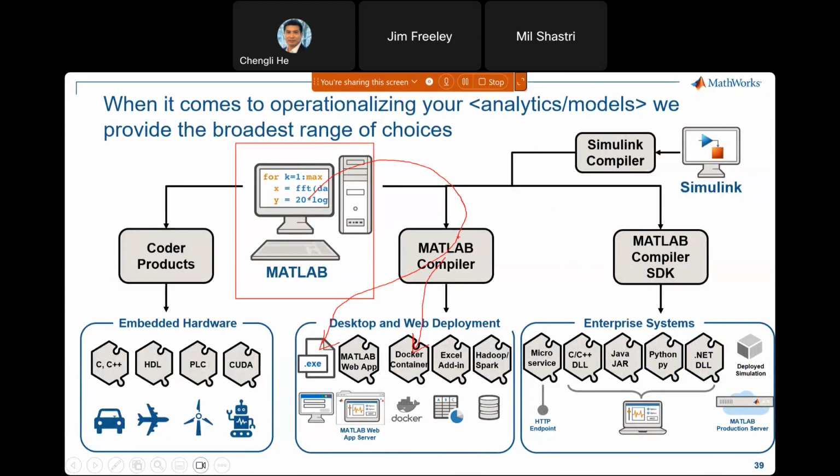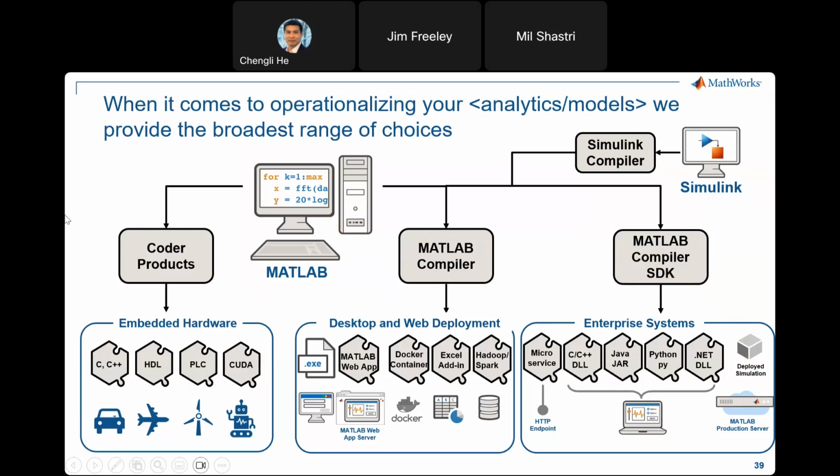Maybe for some reason you're integrating with Excel, you can do that. Not just that, you can use compiler SDK to generate a Docker container microservice out of it, integrate it into Python. Or if you have cloud-based infrastructure, you can deploy this onto MATLAB production server as we saw earlier. So especially for the cloud-based services, there's a little more detail that I can go into. And as we also saw earlier,